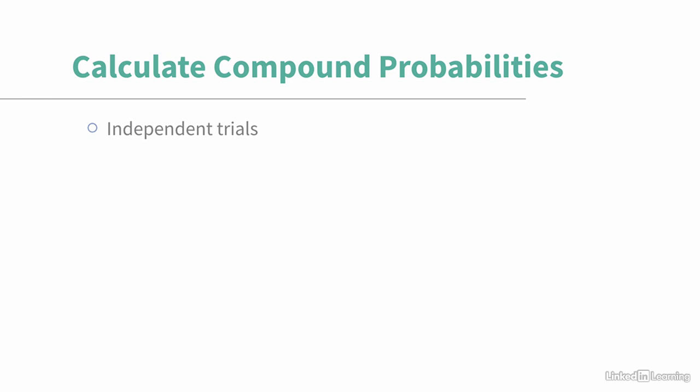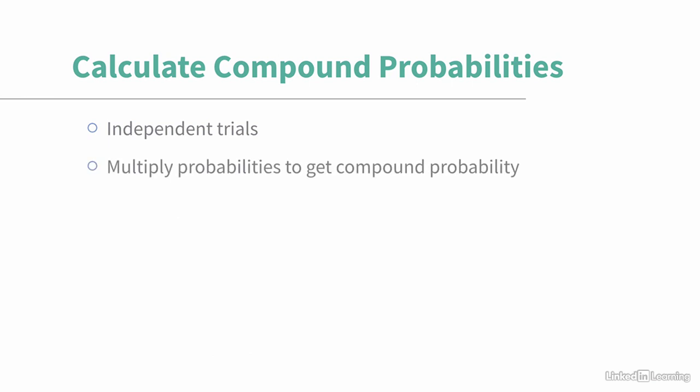And by independent, that means that the second trial or outcome, in other words, the second flip of a coin or throw of a die, is independent of the first. If you do have multiple independent trials, then you will multiply probabilities to get a compound probability. So flipping a coin will end up on heads half the time. So the probability of getting heads twice in a row, assuming that the coin is fair, would be 1/2 times